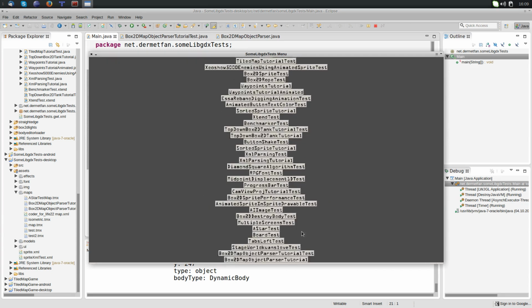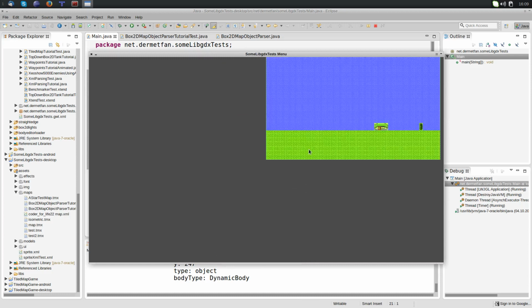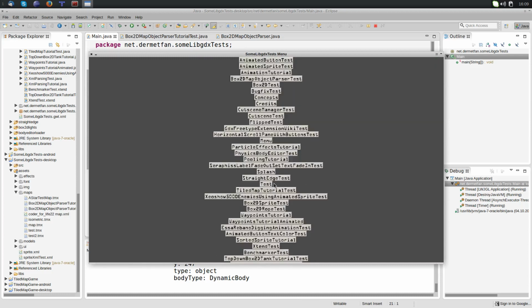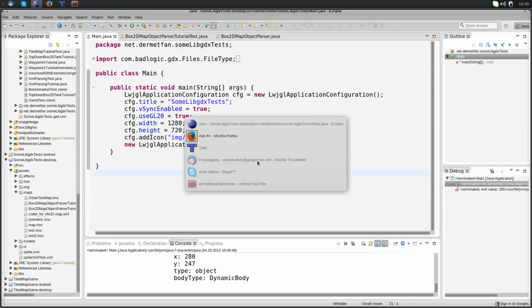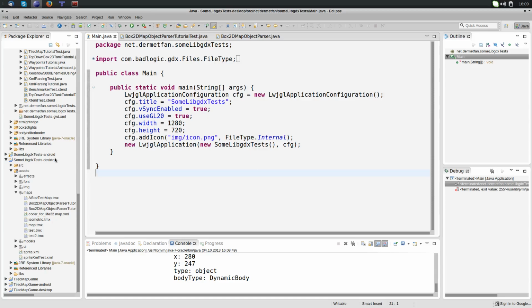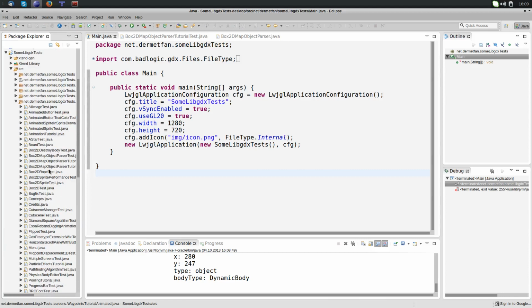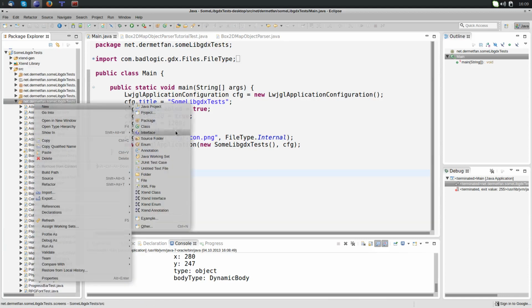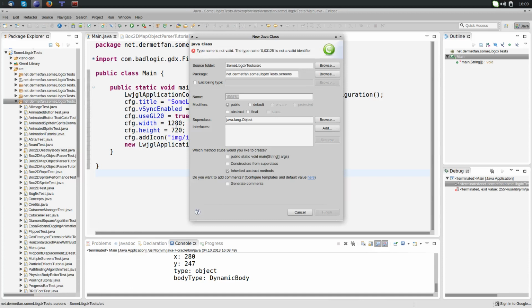So today we're going to create something like this here, and probably some dynamic objects on that. Let's get started. At first you need a tiled map, but actually at very first you need a screen to display that thing. So let's just go ahead and create a new class called Box2DMapObjectParserTutorial. And this is going to be a screen, remove, screen, yeah, like that,